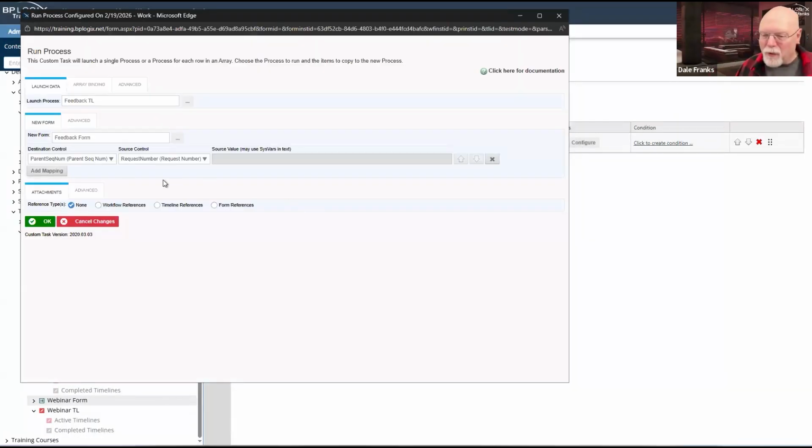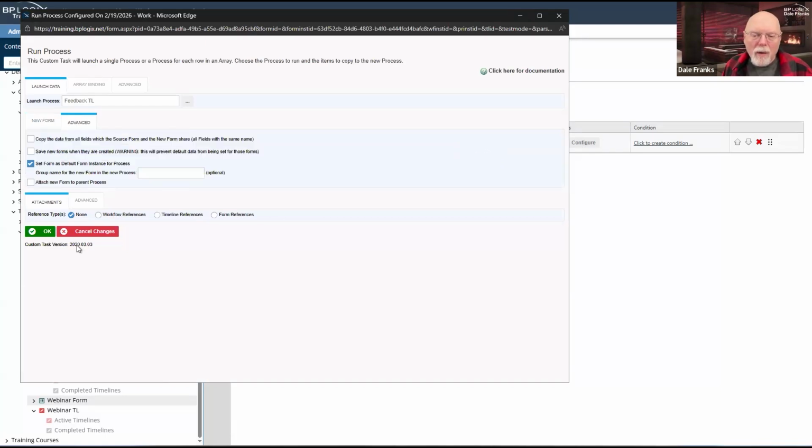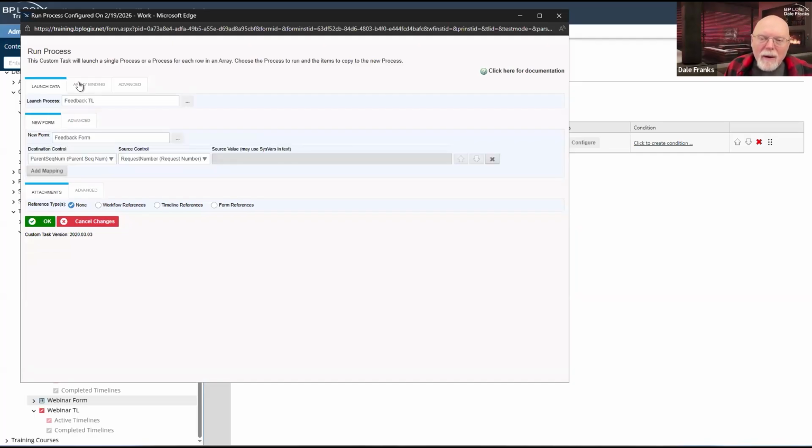I may have to brute force this. So we go to advanced, set form as default form instance for process. That should work, but I don't want that. I don't want to pass my parent form.